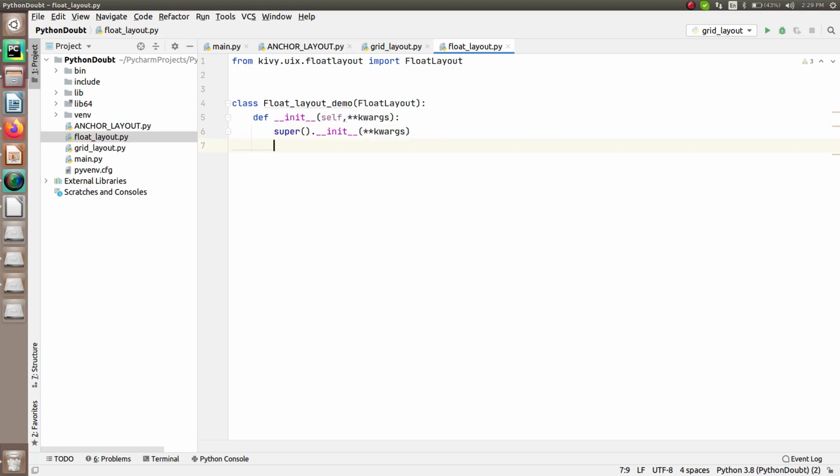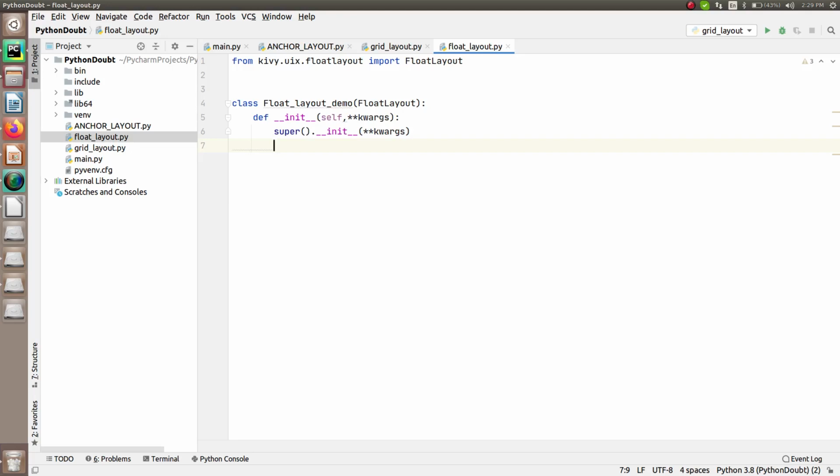And here, just after that, you just have to add the multiple widgets that you want to add. But right now, as I'm just demonstrating it to you, let me use any widget I want. For example, in the last session I showed you how I can use a label and a button. So let's just use those widgets only, right?